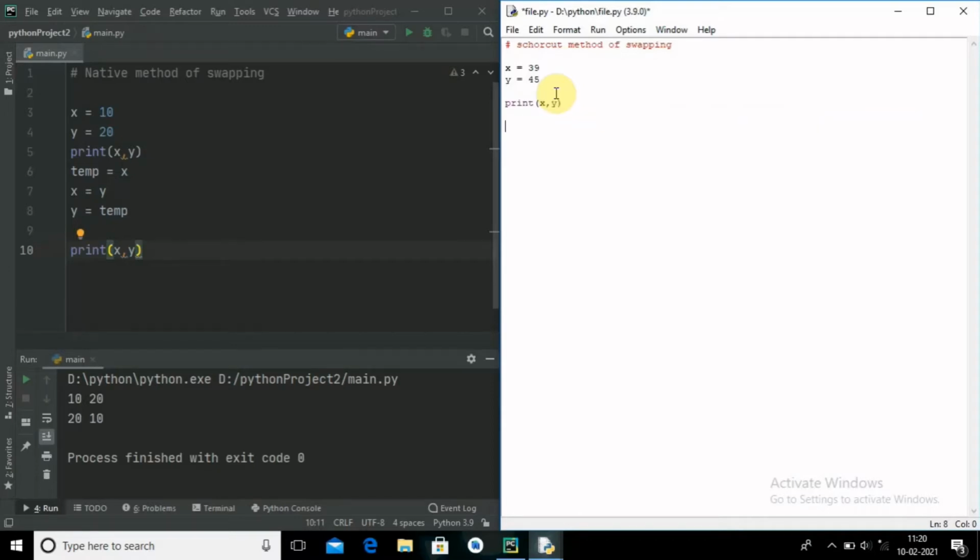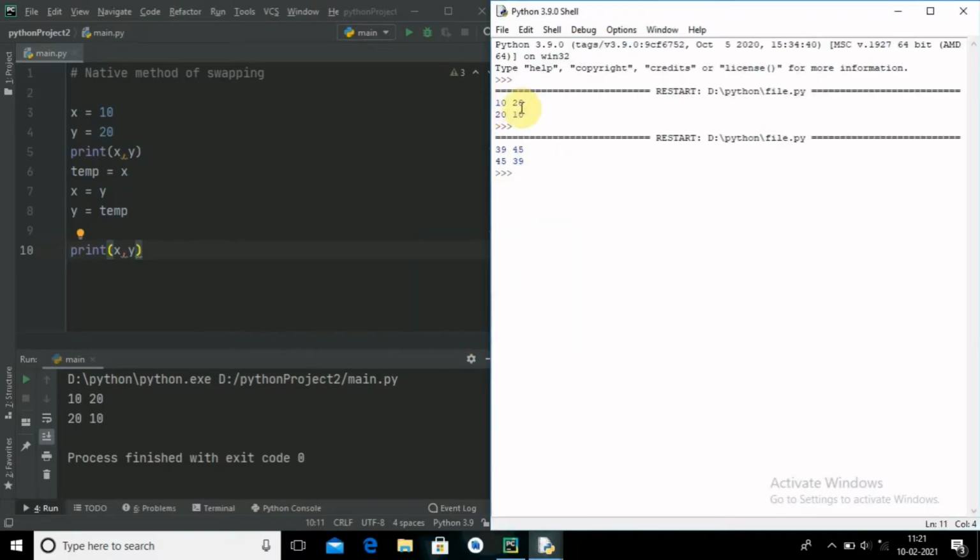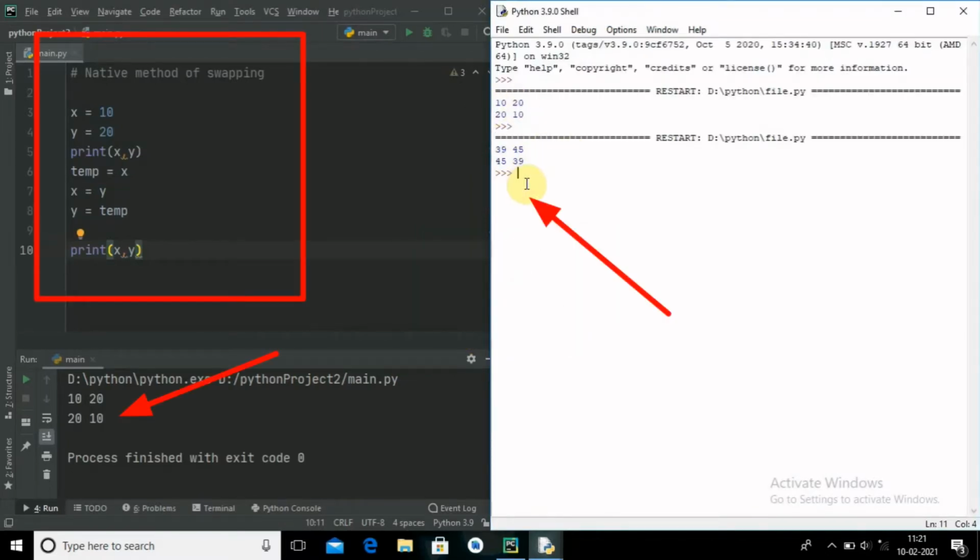Then after I will use a simple method, x comma y is equal to y comma x. Yes, it is a very simple one. When I print x comma y after doing this, let me run it. You will see when I run this code you will find 39, 45, 45 and 39.